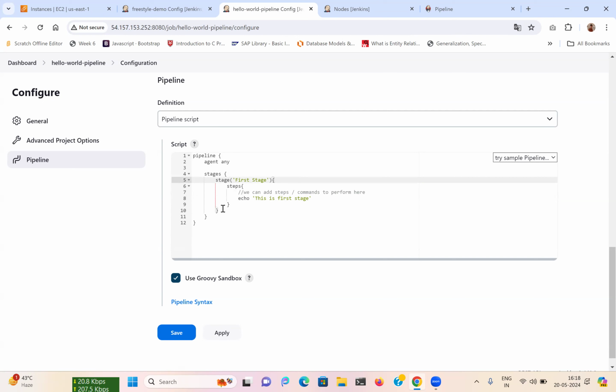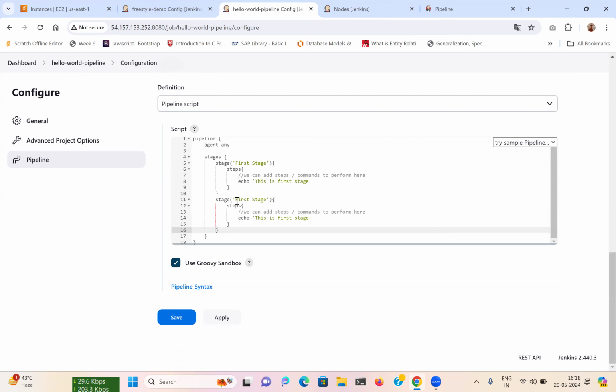Next, you can create either by copying. Okay, let's say I can copy Control C and Control V. Just make sure you change the stage name. In a Jenkins pipeline, you cannot have two stages with the same name. I will just say second stage echo. This is second. Now, let's say if you want to run some Linux command, so you can use this sh